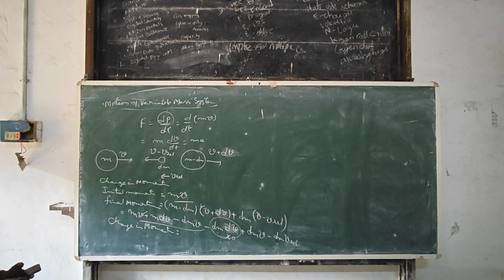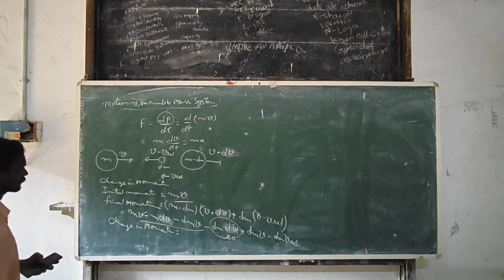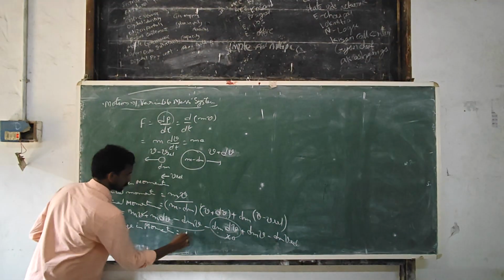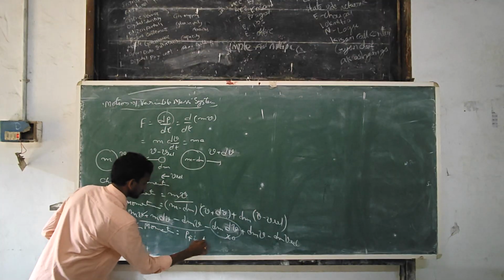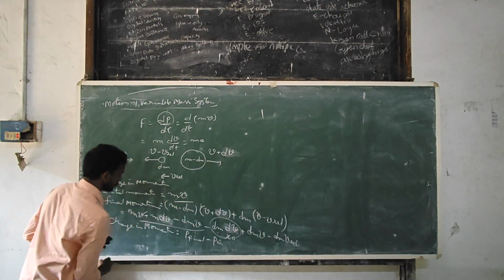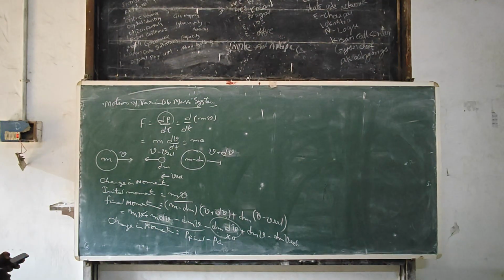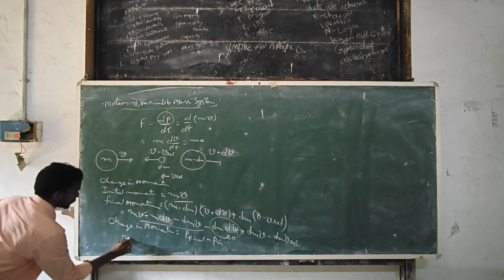All other terms will get a negative sign. P final minus P initial. So I will be left with m dv,